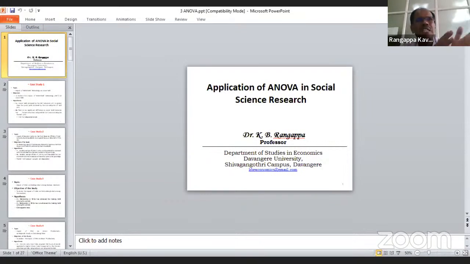Whether we have to go for t-test, and within t-test we have to go for dependent t-test or independent t-test, or we have to go for Anova, or when we have to go for this chi-square test, all that thing, we just theoretically speak the things. But very rarely we deal with the cases. In fact, this is the one area where a lot of researchers face